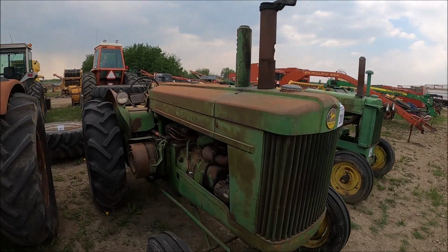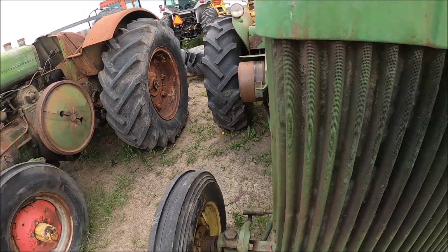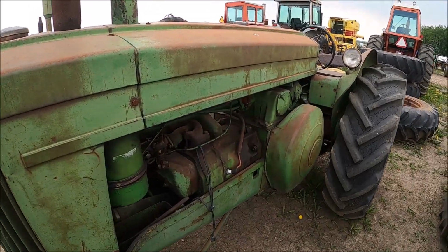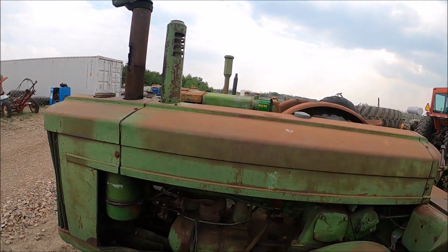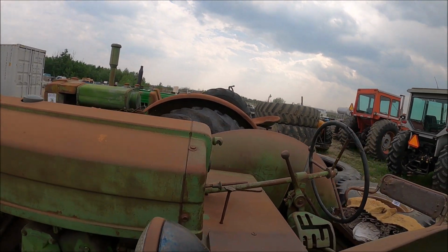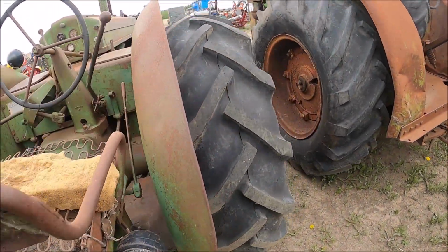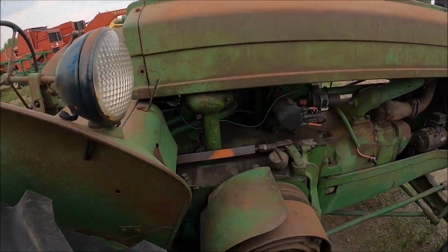Here's an Unstyled AR John Deere. Back tire really good. Front tire's probably okay. Yeah, that front tire's not the best. This back tire's got some checks in it, but it'll run. It's a nice straight tractor, needs an exhaust pipe, but it's a nice straight tractor. Of course, you need seat cushions on it. This one's got hydraulics on it. Need the pulley cover, but